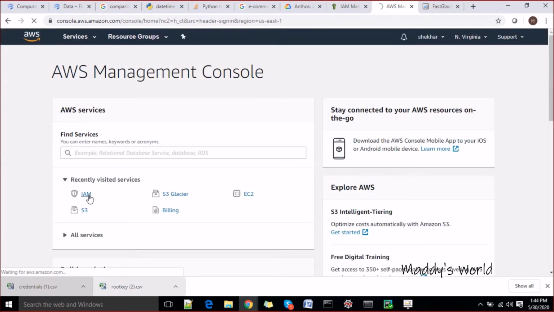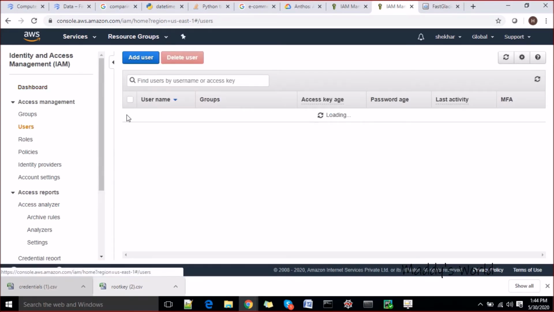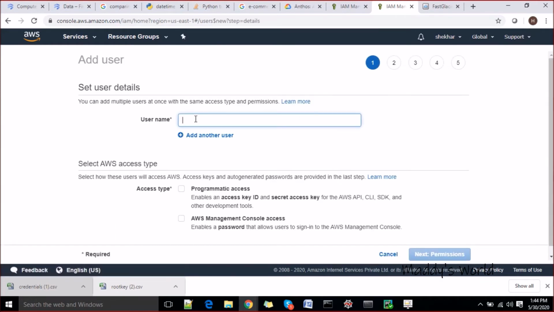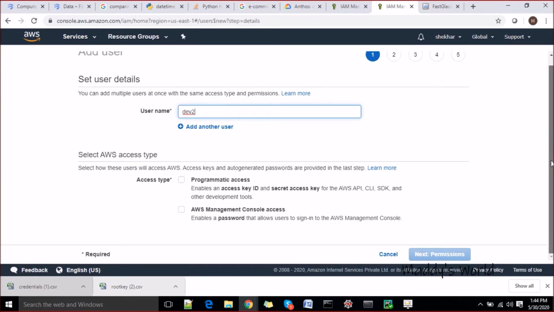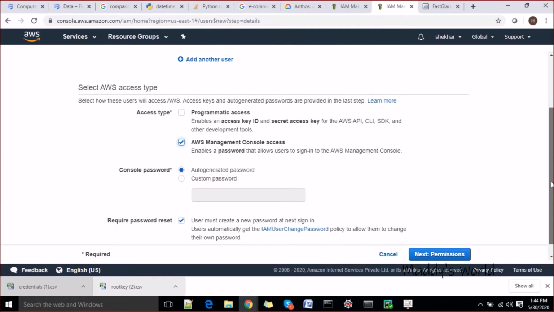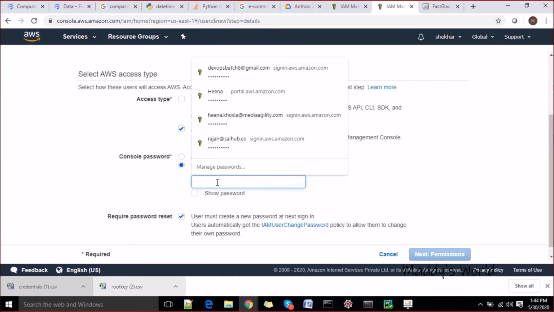Okay, let's jump on IAM again. Now again let's go to user and create one user which is called dev1, dev2. This time I want to give management access to it. That means he should be able to log into the console and do the things. Auto generate password and custom password. Let's see, I will call it, let me do it,